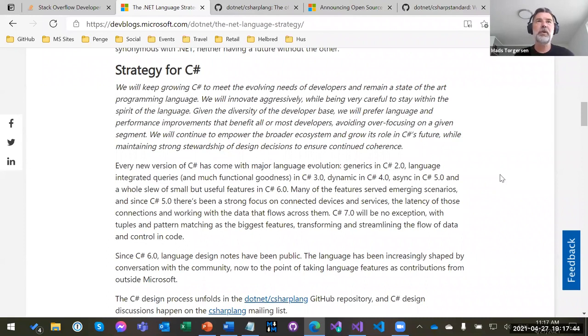So in terms of keep evolving, keep innovating in C#, that's a fateful decision, if you will. Essentially with a programming language that has a lot of users, we have to respect backwards compatibility to a high degree. And that means whenever we put something into C#, we're making it bigger because we're not taking anything out to make room for it. It's just going to grow monotonically until the heat death of the universe or something.